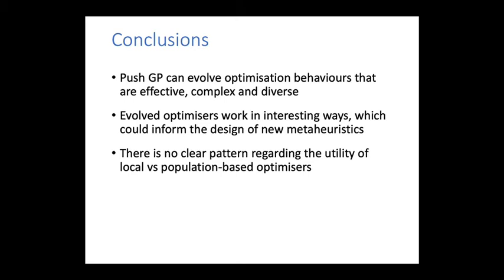I found it interesting that there was no real advantage to population-based optimizers. They sometimes do better, but local optimizers seem to do fairly well across all the problems, which I wasn't really expecting. But maybe that's just because I come from a population-based optimizer background, and we tend to underestimate local optimizers, which actually do quite well in many situations. But I suspect it's also the case that population-based optimizers are more difficult to evolve, because you also have to evolve the coordination between the search processes, which is kind of more complicated.